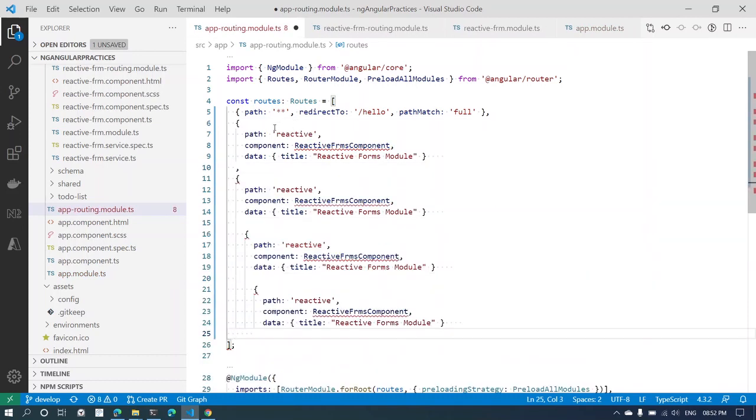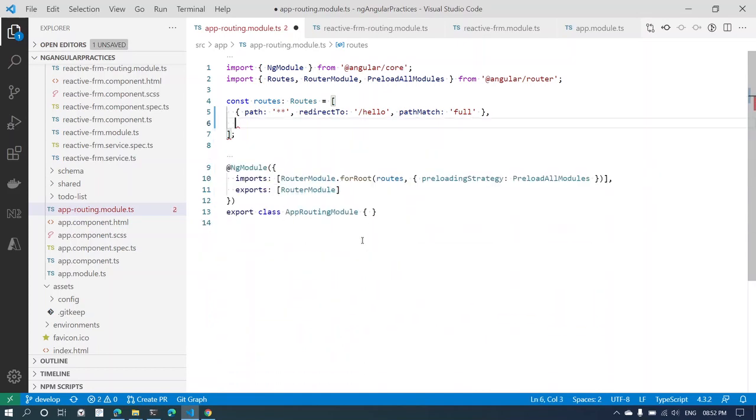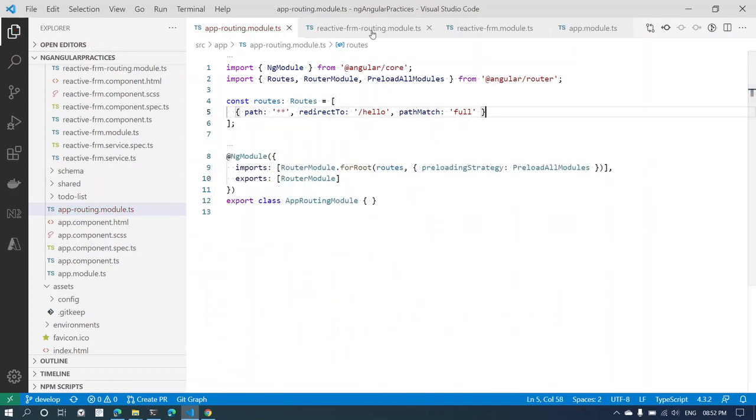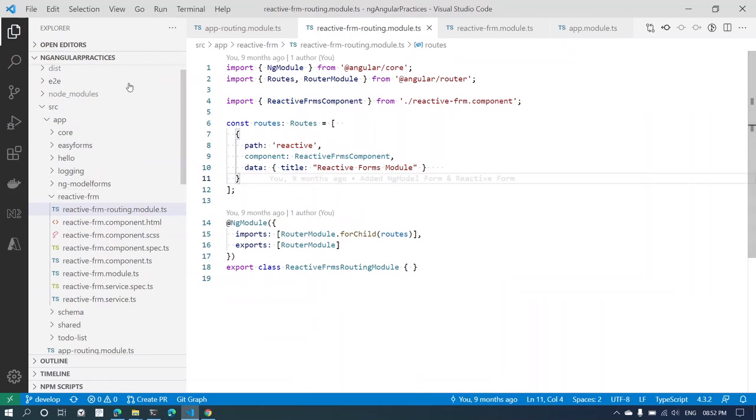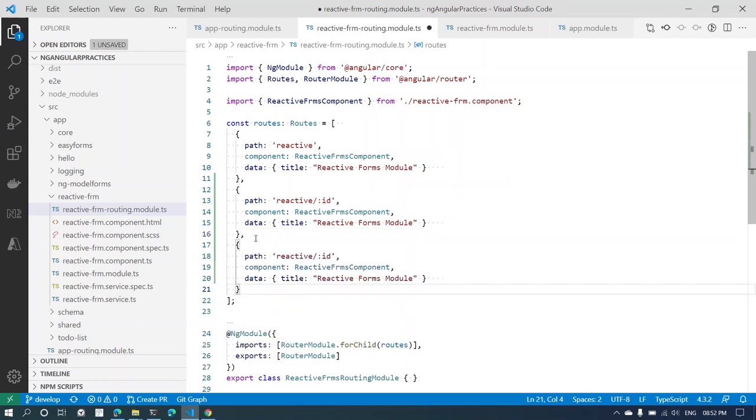Don't keep all the routing in a single file. If you are developing your application on a module basis, kindly split it. If this form consists of a list and an entry page, just add it and have /id. And if it requires some other fields, you can just add /id/code,